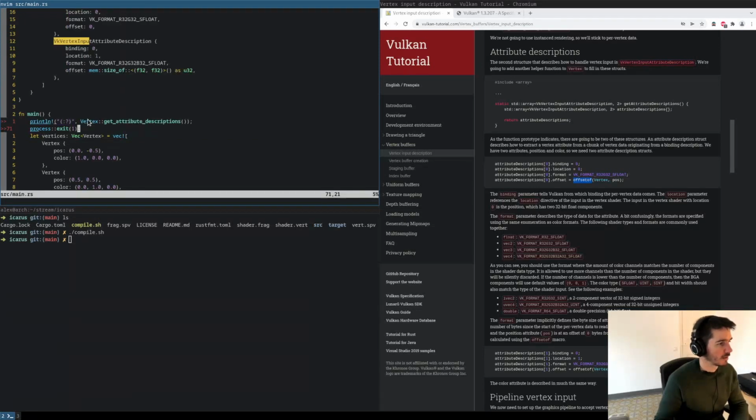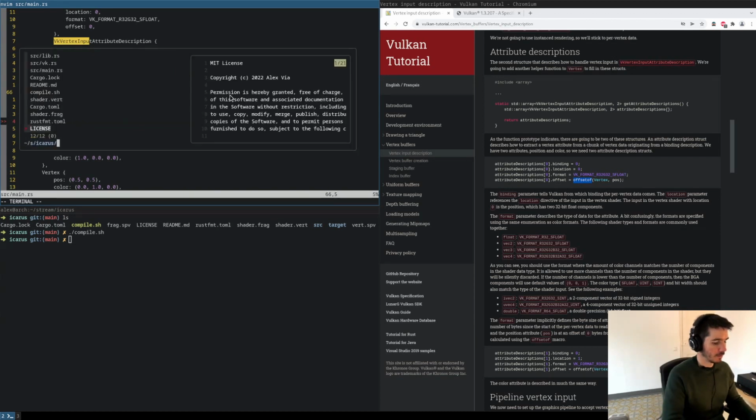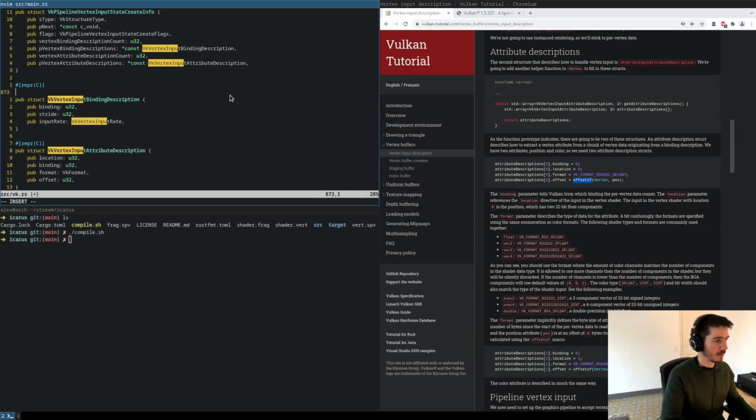And just exit after that. What's the problem here? Vertex input attribute description cannot be formatted, so we need to derive it for this type. So in fact, I'm gonna derive it for both